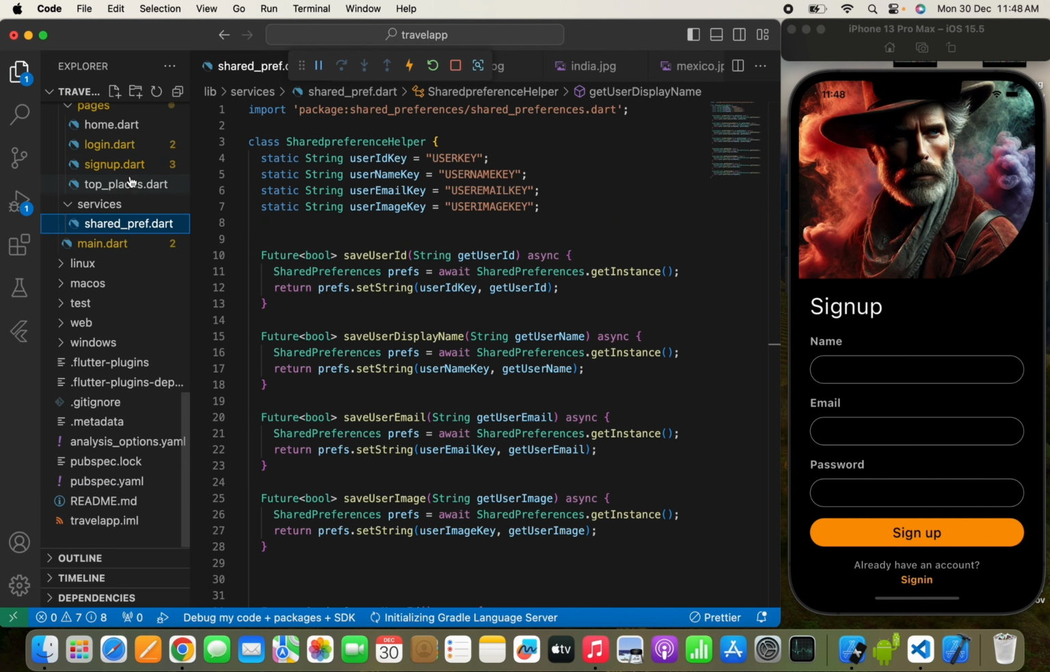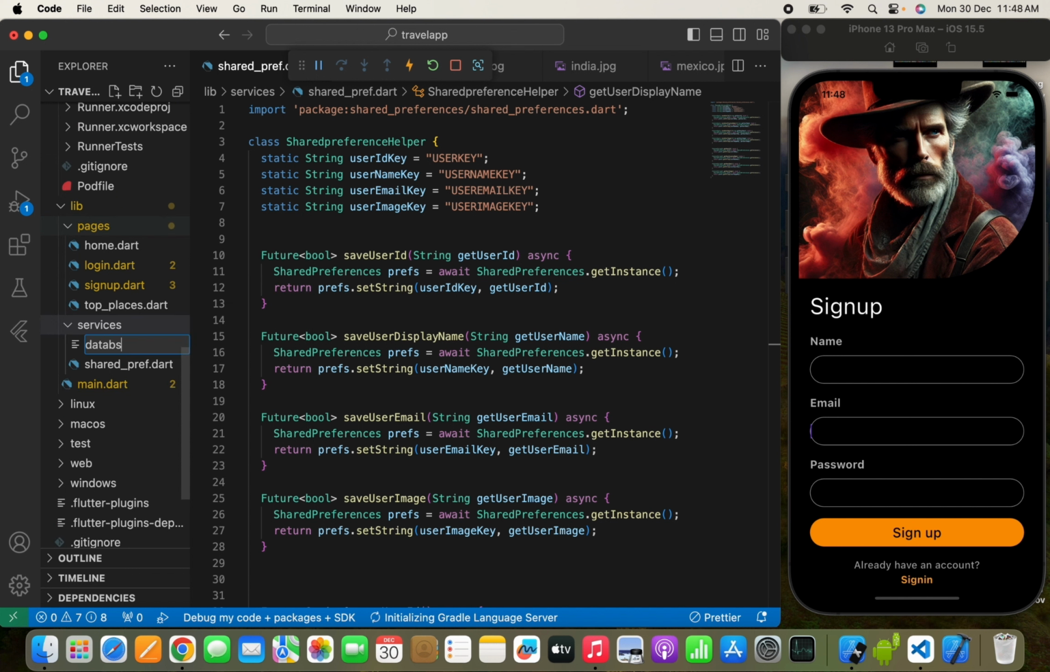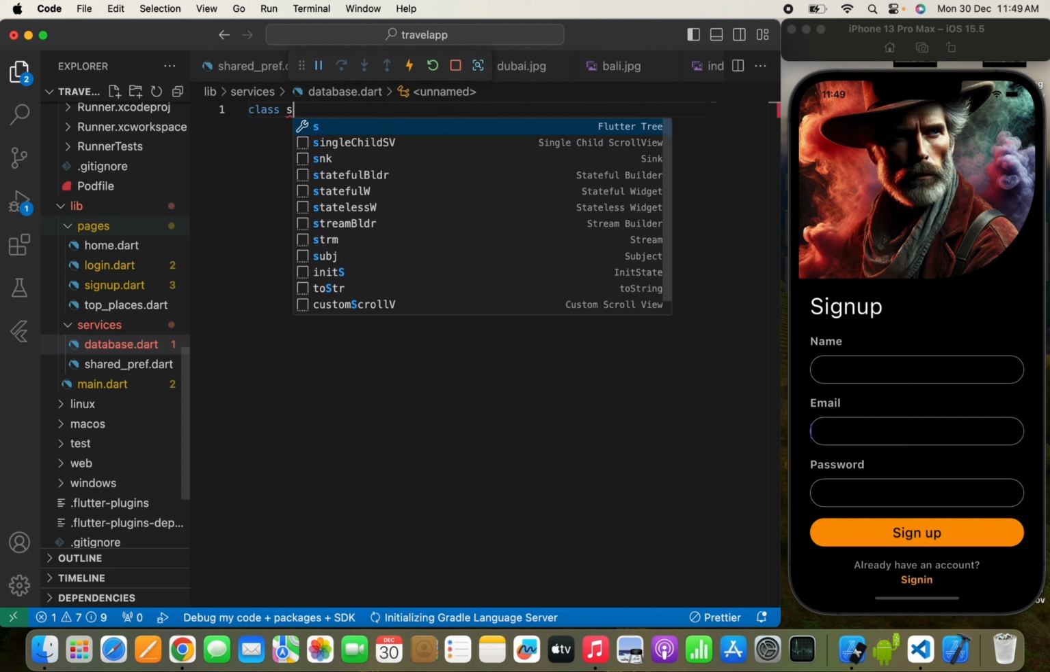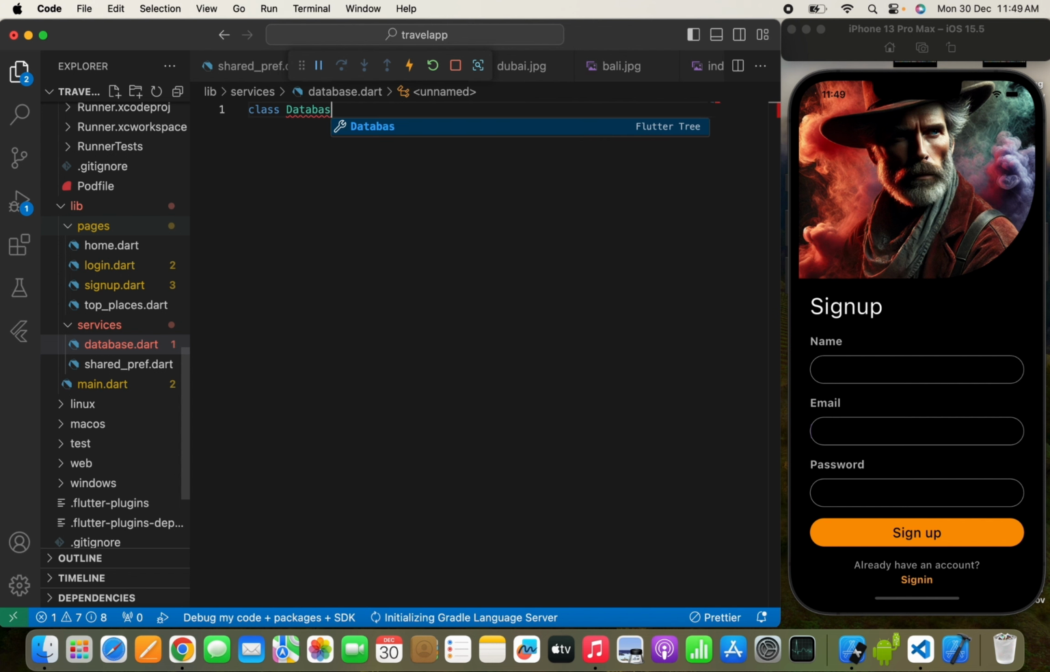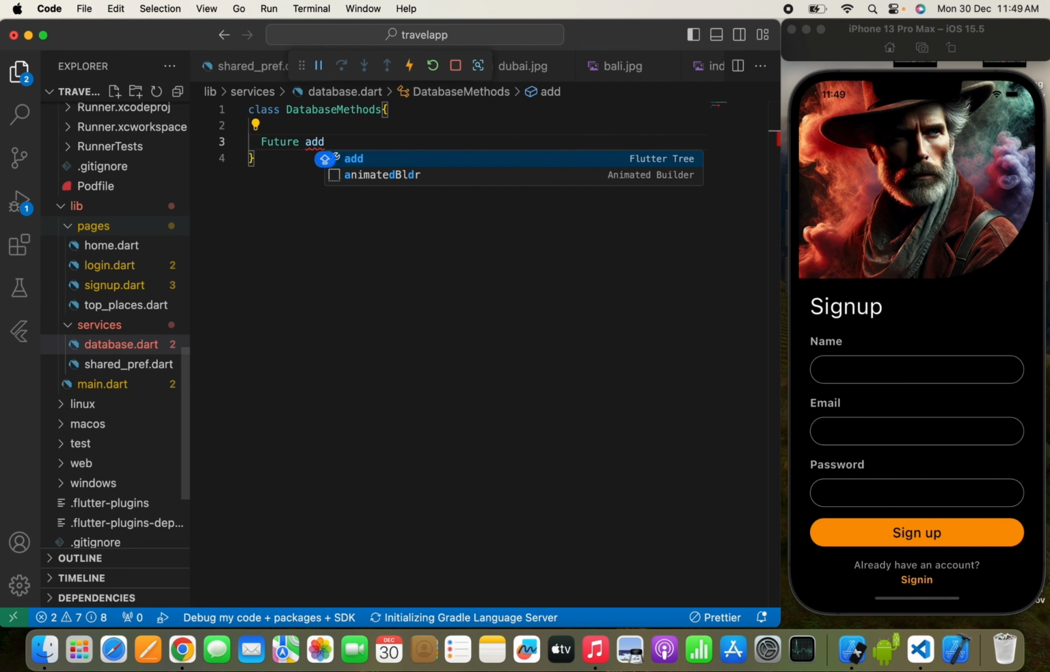Now once we have done all this, let's move to the services folder and create a new file named database.dart. In this database.dart file, we'll store all the functions related to Firestore, as we are going to handle Firestore. So here I'm going to create a class named DatabaseMethods, something like this. Now here I will write a Future addUserDetails,